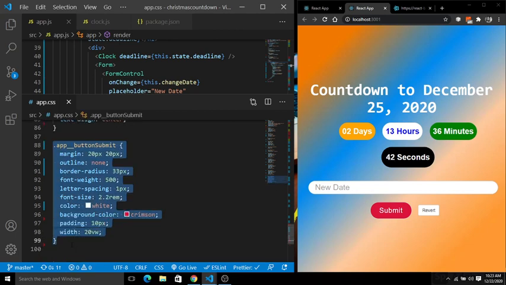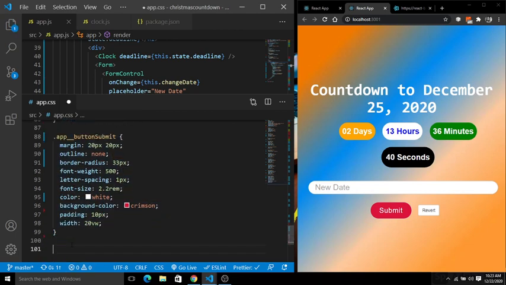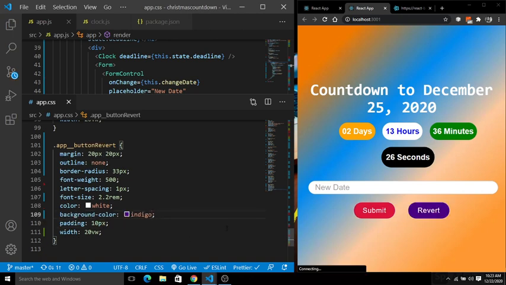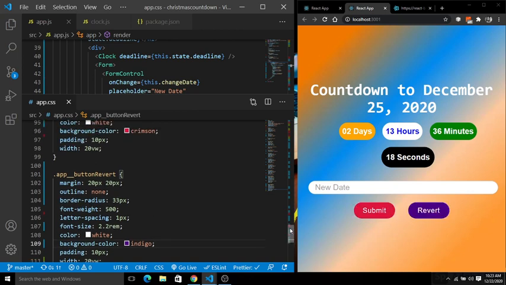So copy this, paste it. Now let's change the class name here, revert. Inside of the revert, give the color name is nice indigo. So indigo. Save this. Now you can see a very nice hover. It is now hovering everything and it is now very slick here.